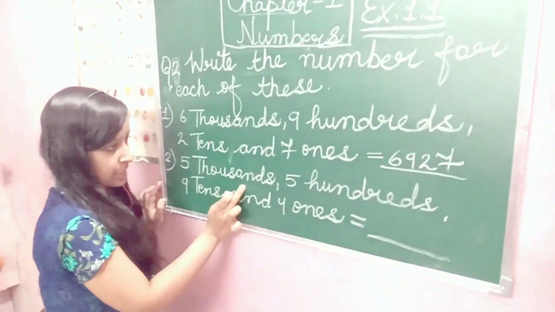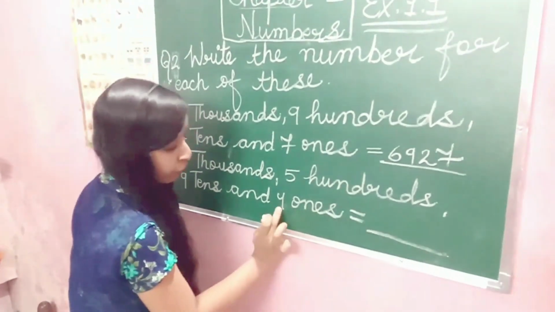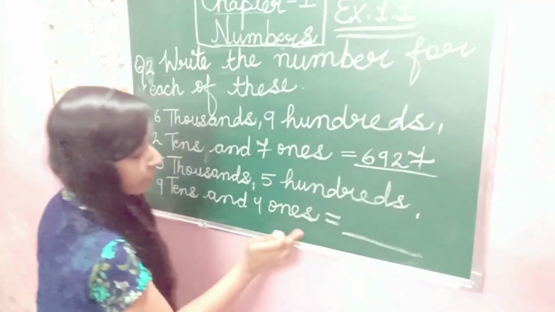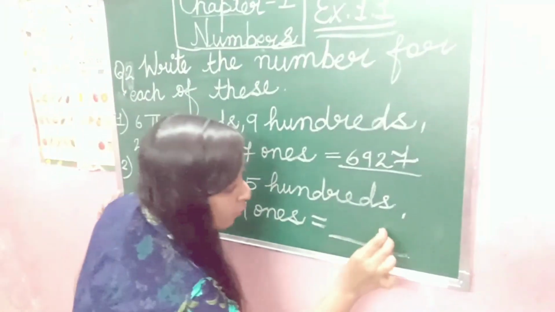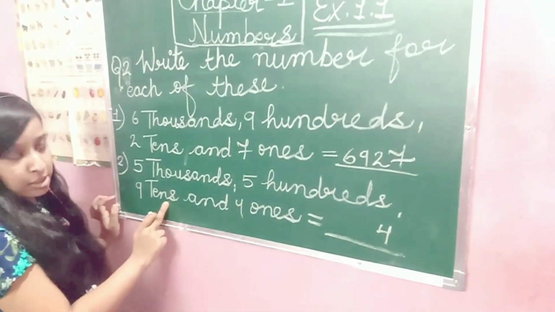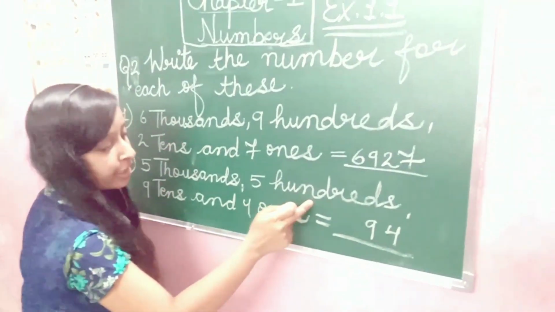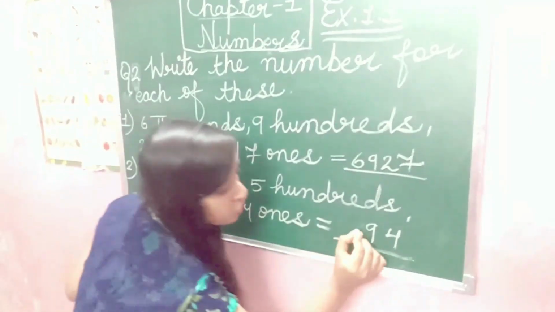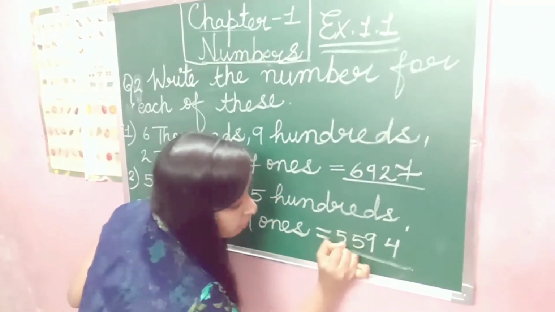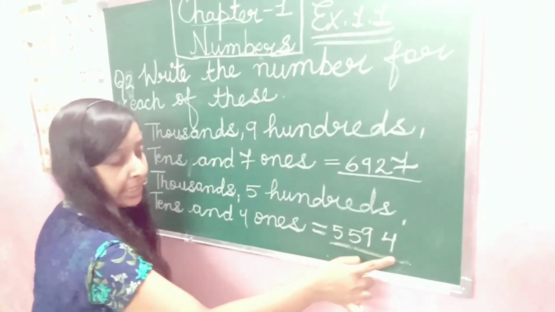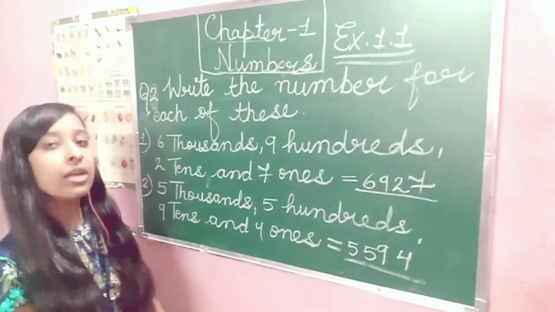5 at thousands place, 5 at hundreds place, 9 at tens place and 4 at ones place. So we are going to start from the ones number. Ones position, which number is there? 4. We are going to write 4. And at tens place, which number? 9. Write 9. At hundred position, which number is there? 5. So you have to write 5. Now at thousand place, which number? 5. What the number became? 5594. Next point you have to do in your Maths Fair copy. It is your homework.